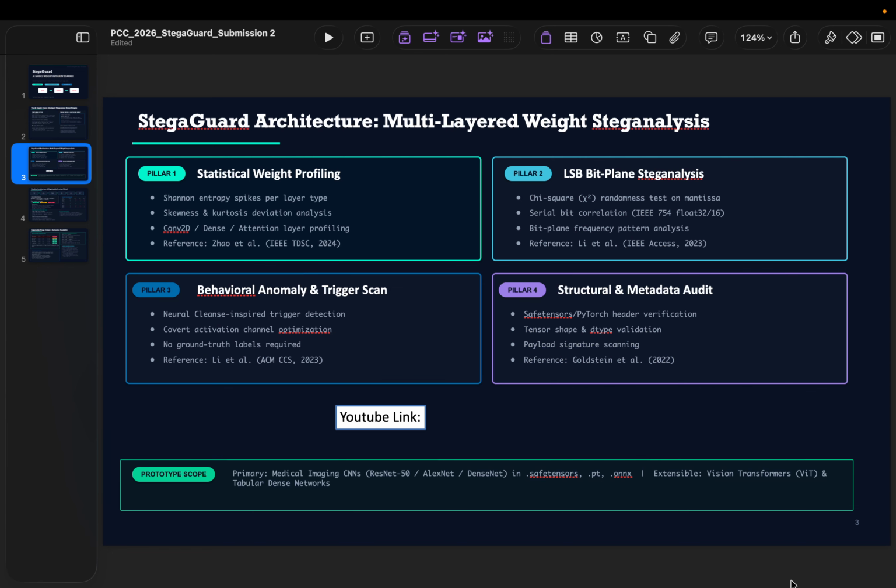So let's see why existing tools fail and the StegaGuard solution. Legacy antivirus tools can only scan file headers, and bytecode checkers like Fickling look for malicious scripts. Both miss mathematical tampering in model weights completely. Meanwhile, traditional academic defenses often require the original clean training data, which hospital IT teams do not actually possess. To solve this, we created StegaGuard, an automated post hoc weight integrity scanner that operates with zero access to training